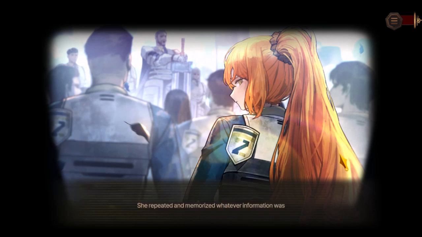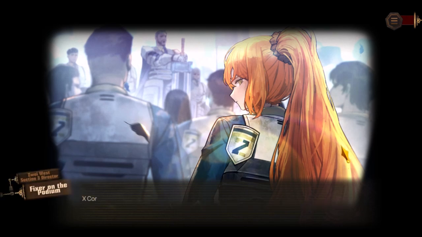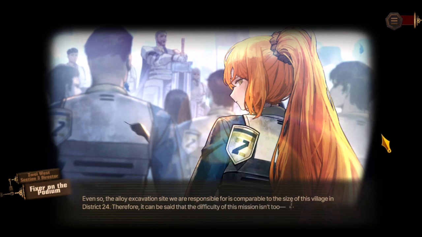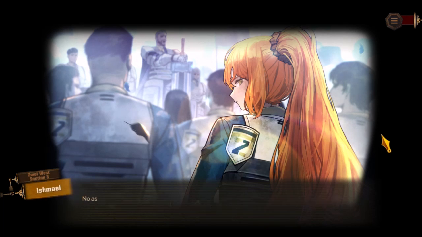She repeated and memorized whatever information was given to her like it was her duty to do so. X-Corps has requested the help of the adjacent M-Corps' Order of Lunar Visage, but they will not be a part of this contract. They are currently absent on an expedition. Even so, the alloy excavation site we are responsible for is comparable to the size of this village in District 24. Therefore, it can be said that the difficulty of this mission isn't too...